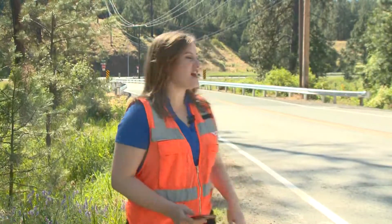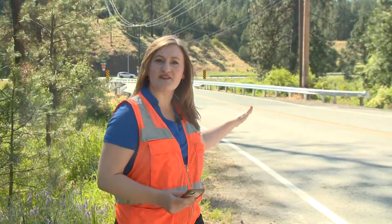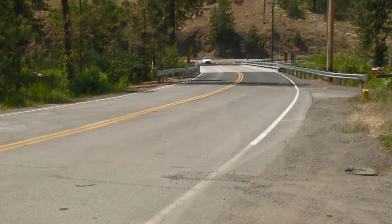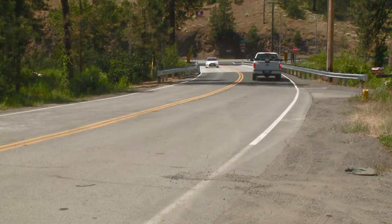Well, Mark, it is certainly news that drivers have been waiting for the last few months. Work is finally done on the Hatch Road Bridge project, and now drivers can get to and from the South Hill from Highway 195. Before, this was taking a detour of 30+ minutes. Now it means a drive of only a few minutes. And for more than 8,000 drivers who go over the bridge, seeing the barricades come down was a welcome relief